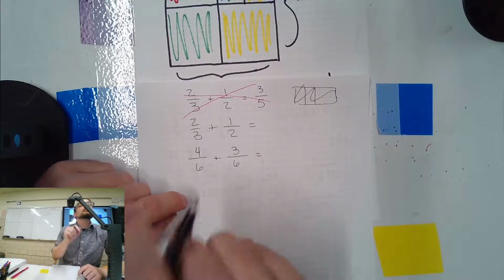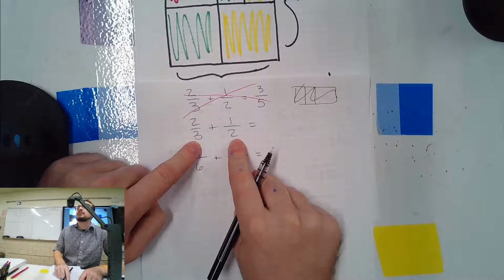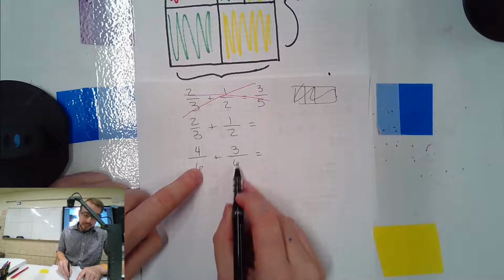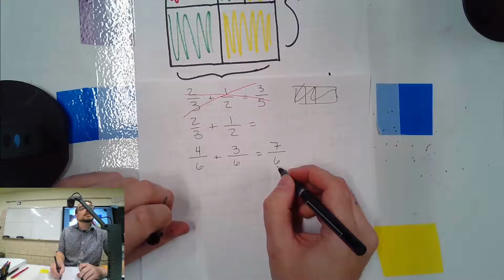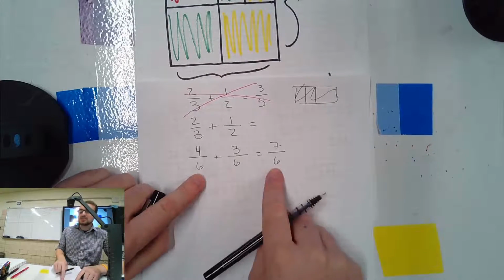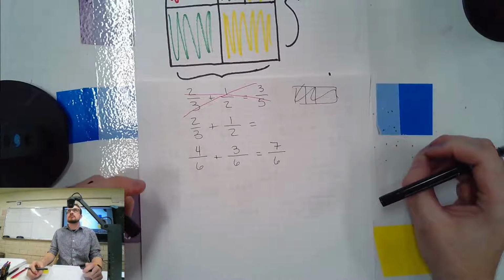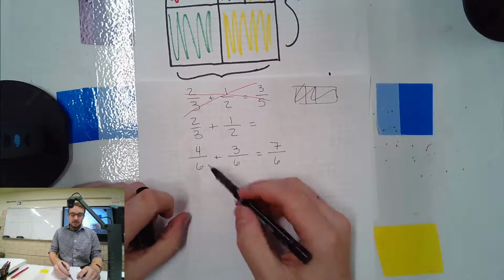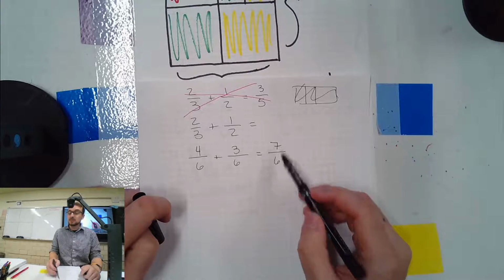Think of denominators like a unit. We're talking feet and feet. Before, we were talking feet and miles. That's scary. You can't add those up. 4 chickens, if you will, plus 3 chickens. How many chickens? 7 chickens. Chickens is the sixth. It's like a unit. That's why we don't add the 6's up. You don't do 1 chicken plus 2 chickens is 3 chickens. No, you just say 3 chickens, right? 4/6 plus 3/6 is 7/6.